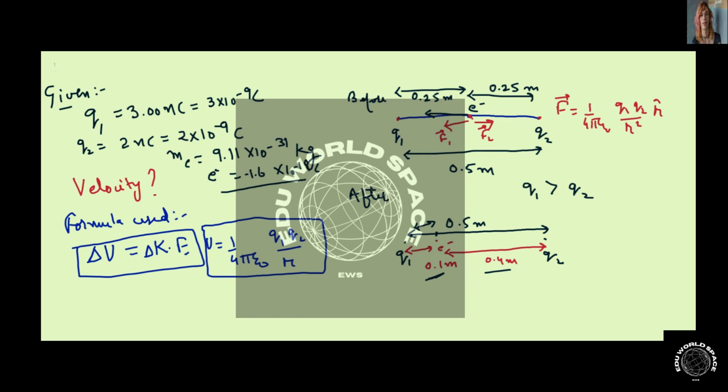So this is our initial situation, or the before, and this is the final situation, or the after situation. So the particle goes from here to here. At the beginning, the particle has zero kinetic energy or zero velocity, and it gains some energy and reaches this point, and we need to find the velocity of the electron at this position. All right,